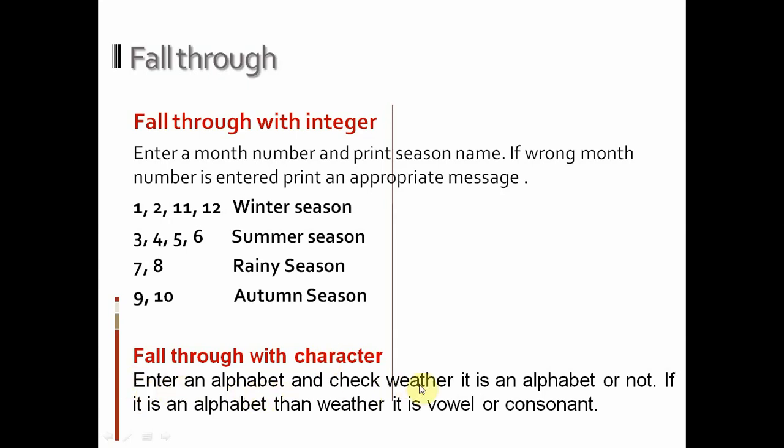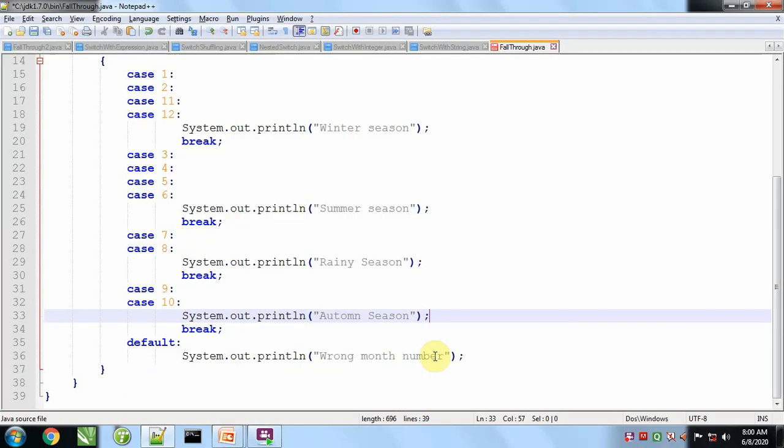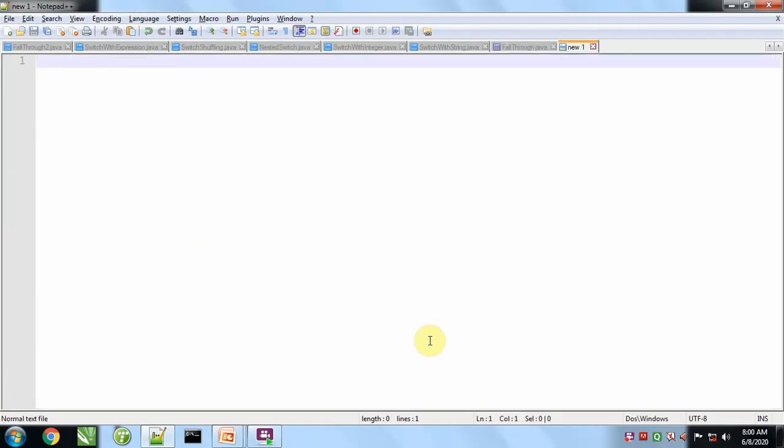Enter an alphabet and check whether it is an alphabet or not. If it is an alphabet, check whether it is a vowel or consonant. These two conditions we have to check. So for this we will make a program and solve this problem with the help of fall through. First we will import the package util for the Scanner class,